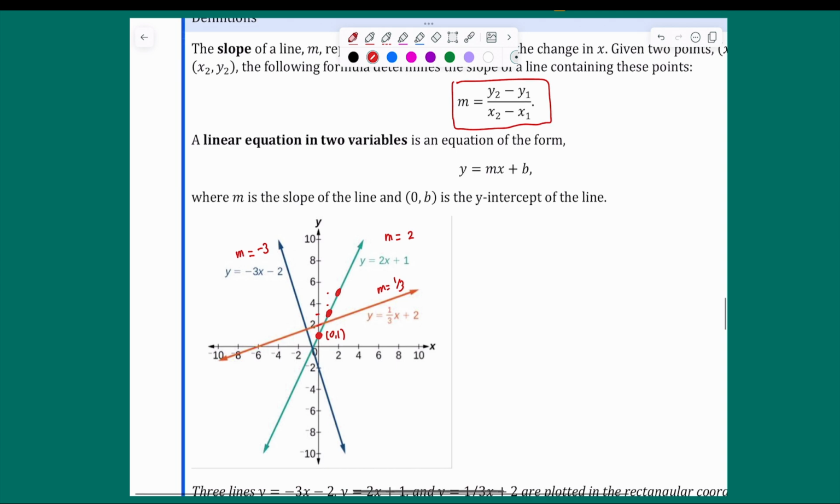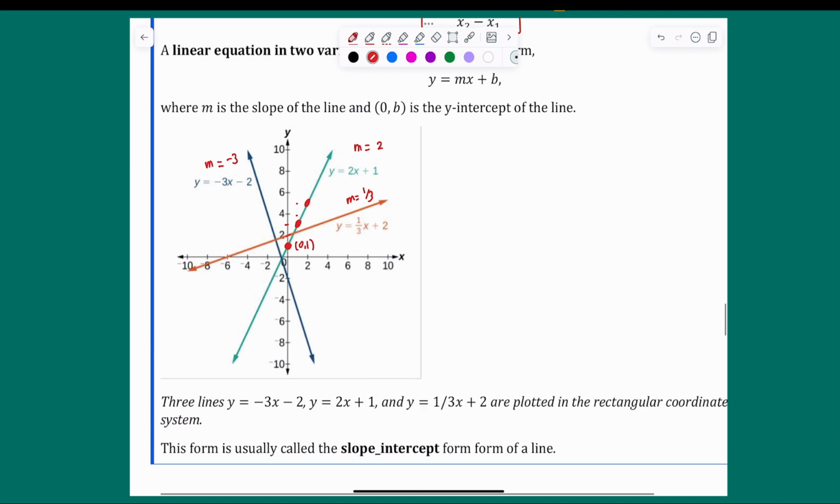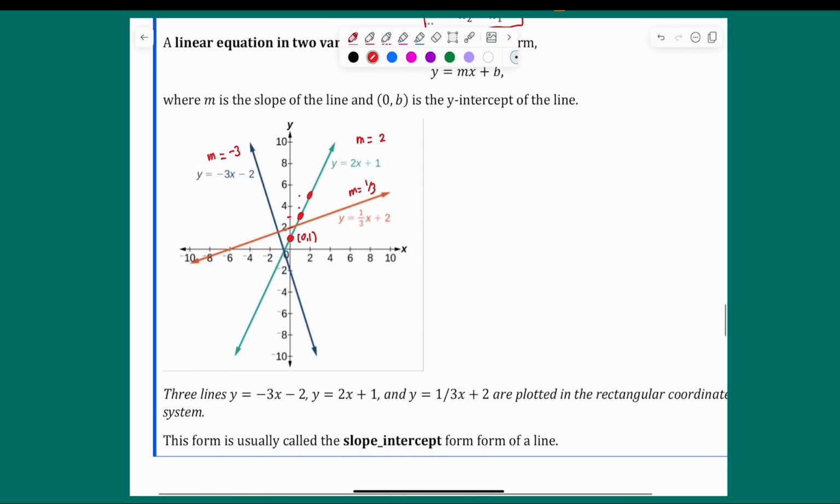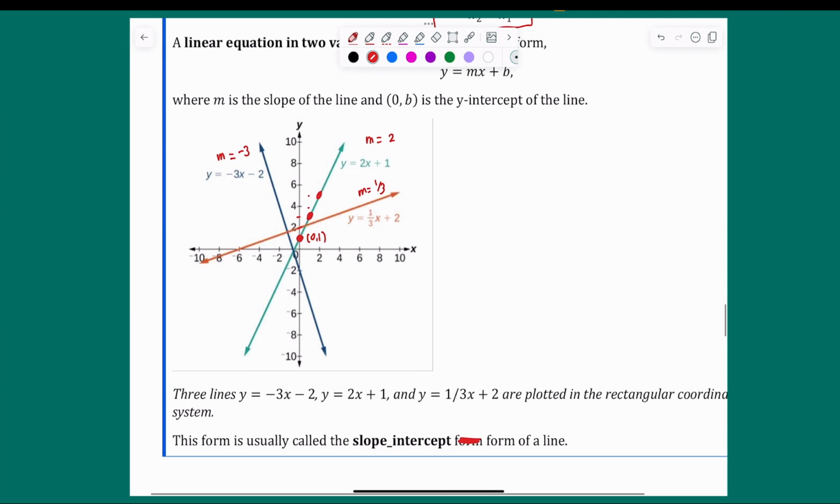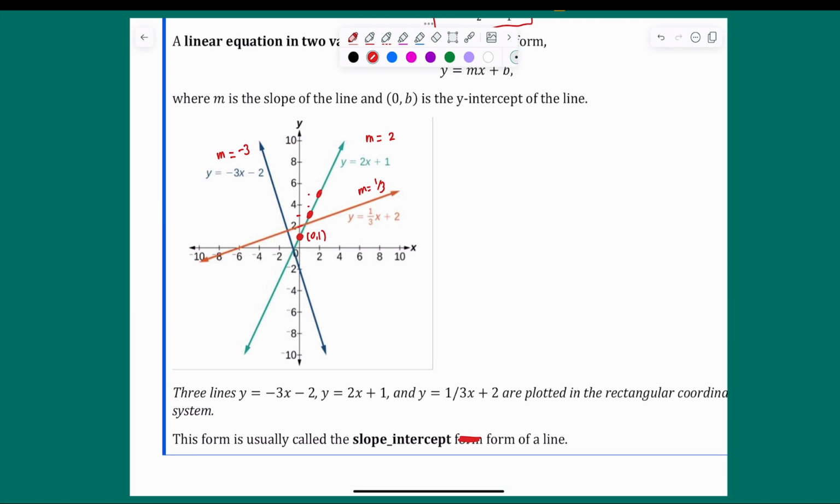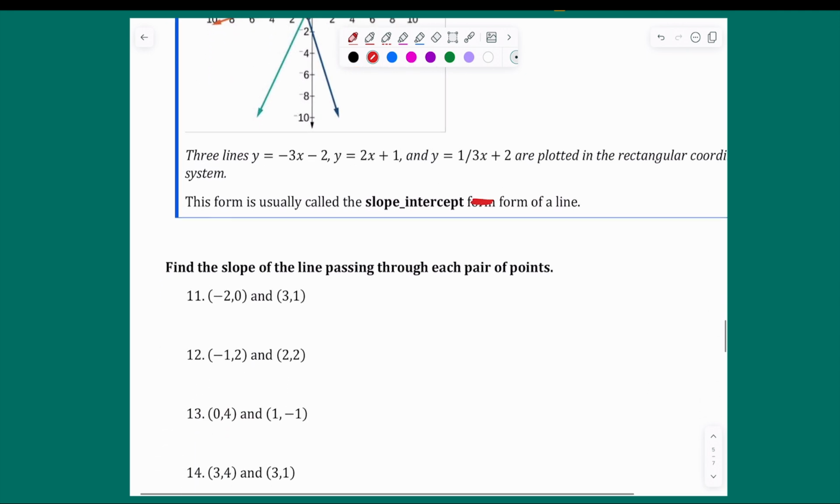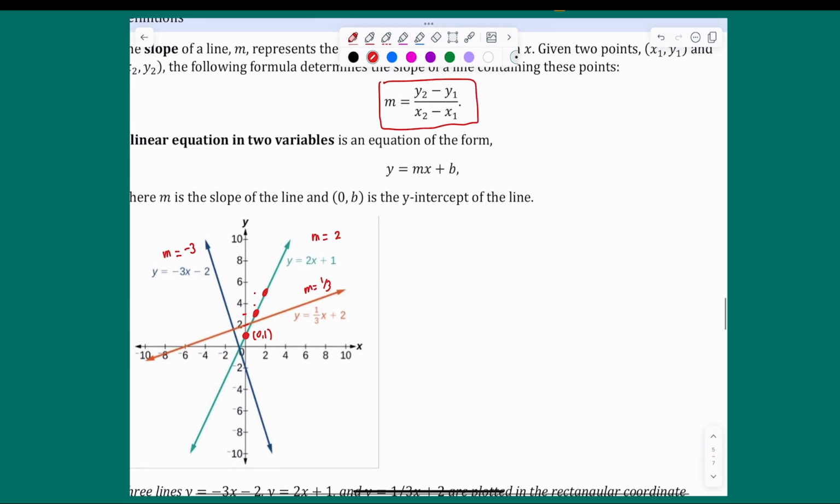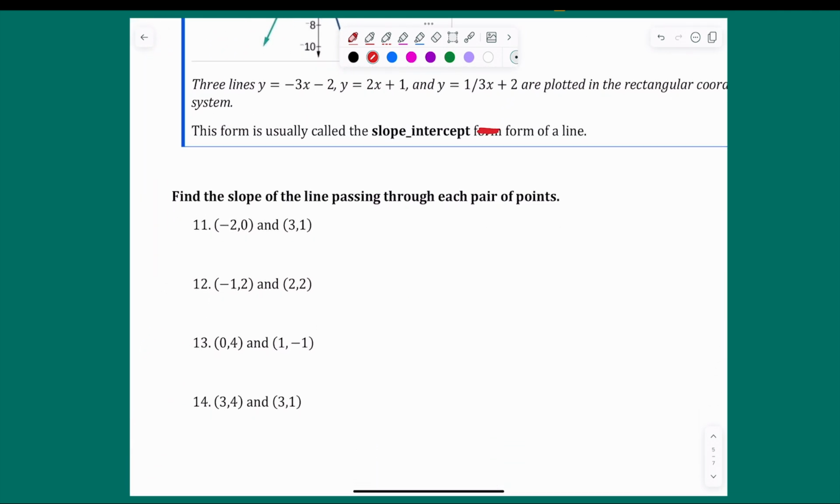So that's a quick idea of the slope of a line. Hopefully some of this is review. And this particular form of the line is called the slope-intercept form of the line. And let's go ahead and use the formula here, m equals y2 minus y1 over x2 minus x1,